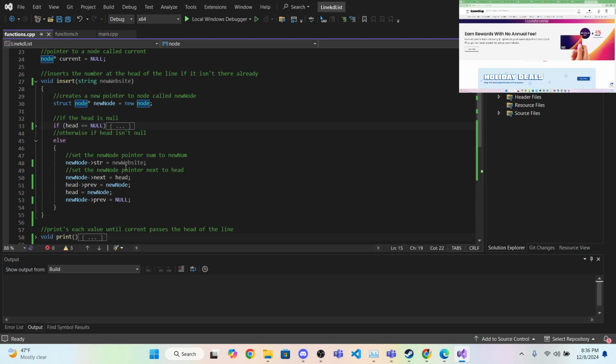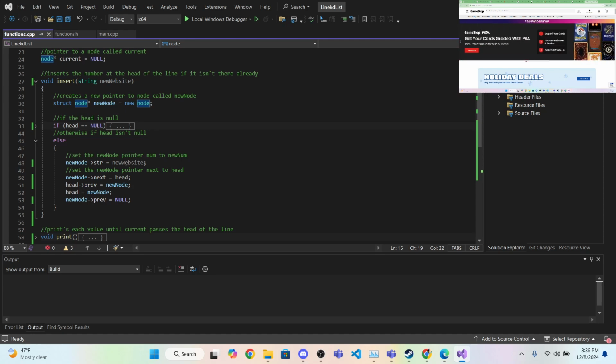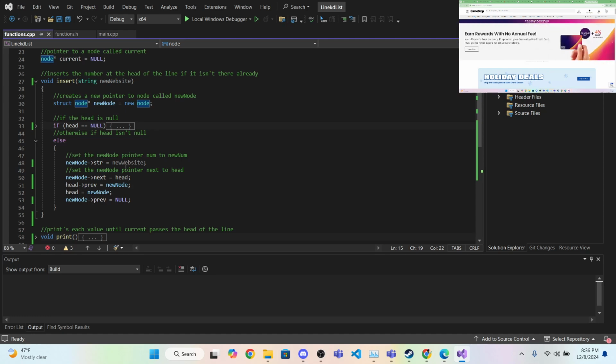Then the next item is going to be the head, and the previous node for the head is going to be the new node. And then because head is the new node, we can set new node to previous. So basically we store the previous value, I'm sorry, we set